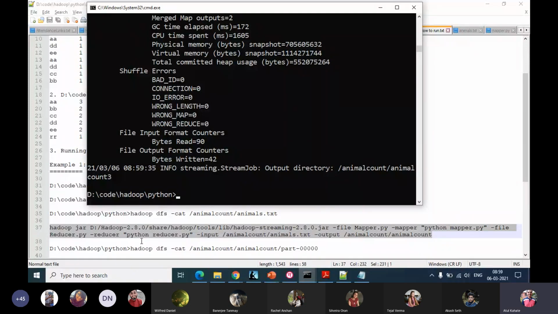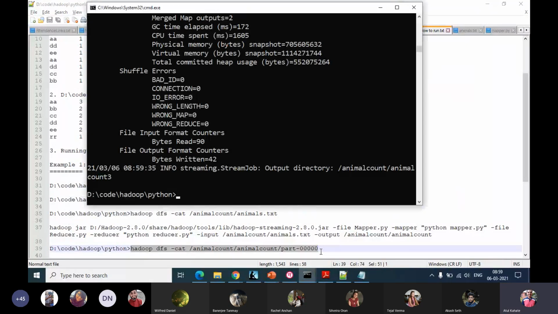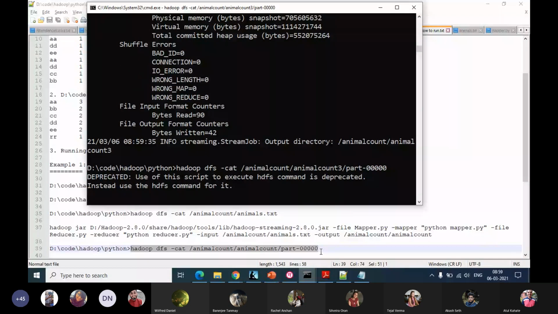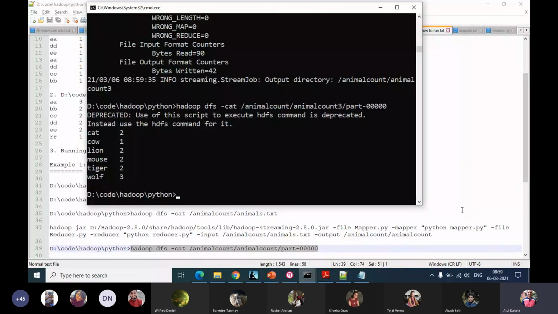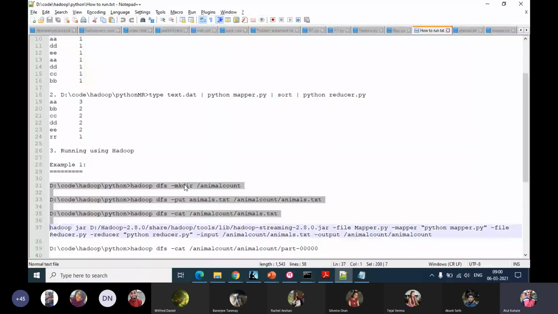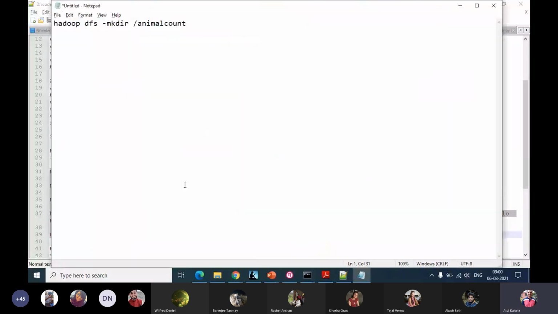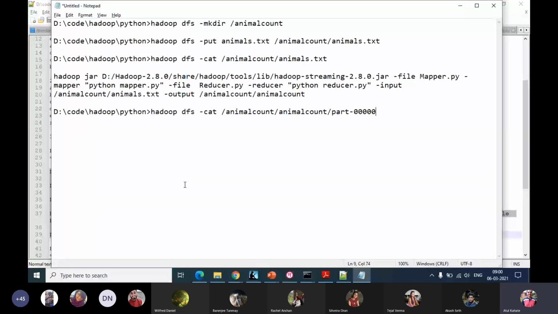Okay, so it has created this successfully. I'm just trying it at my end, and then you can try all these options. Now we are just checking that the output file got created successfully. It did. Okay, just paste all these commands into Notepad. You can try them, and use this time also to take our break.